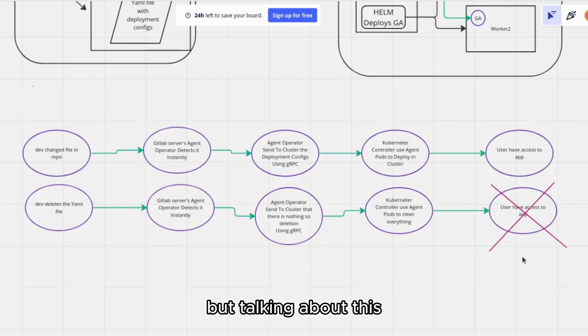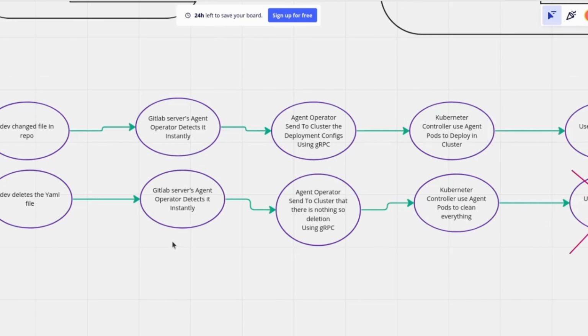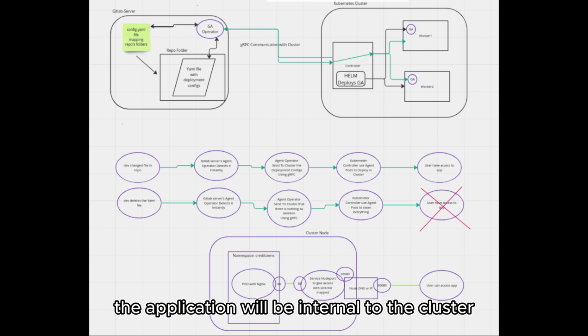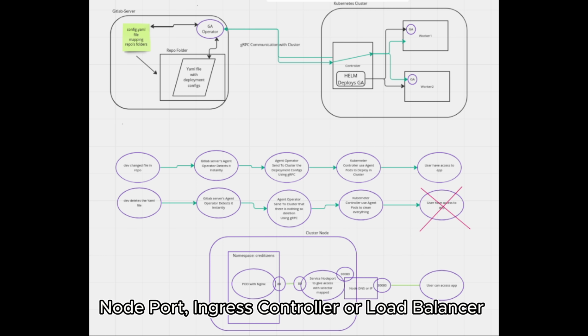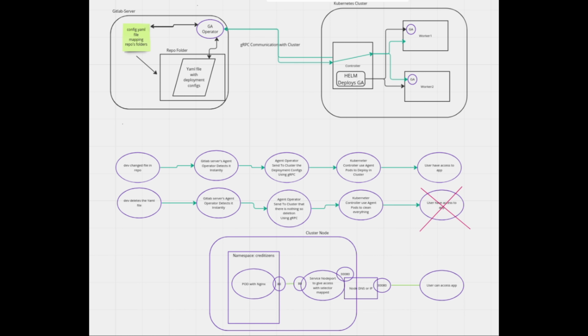But talking about this user having access to the application, it will be internal to the cluster. If you want to make it available outside, you need to use a node port, ingress controller, or load balancer. So here, just a really quick example of node port. Let's say that you have your cluster node, the namespace Creditizens, where there is the pod, here for example